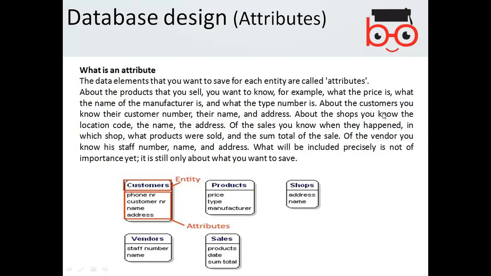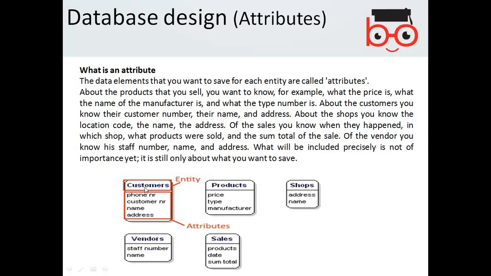About the shops, you know the location code, the name, address. About the sales, you know when they happened, in which shop, what products were sold, and some of the total sales. About the vendors, you know their staff number. So the attributes are the information about the particular entity.